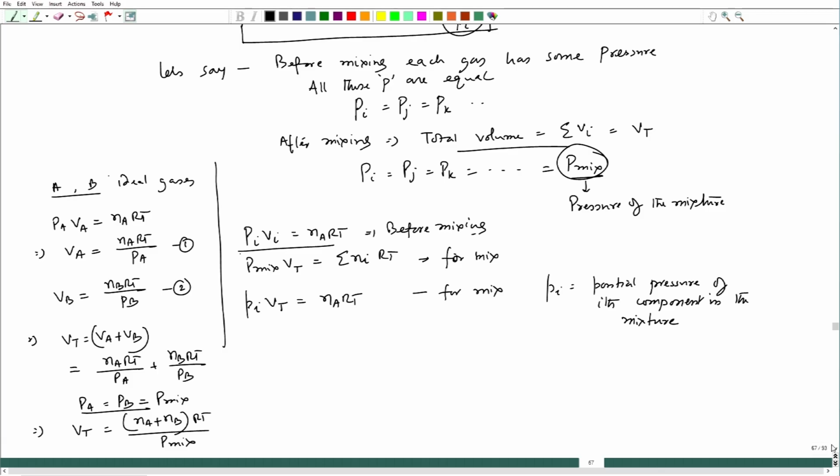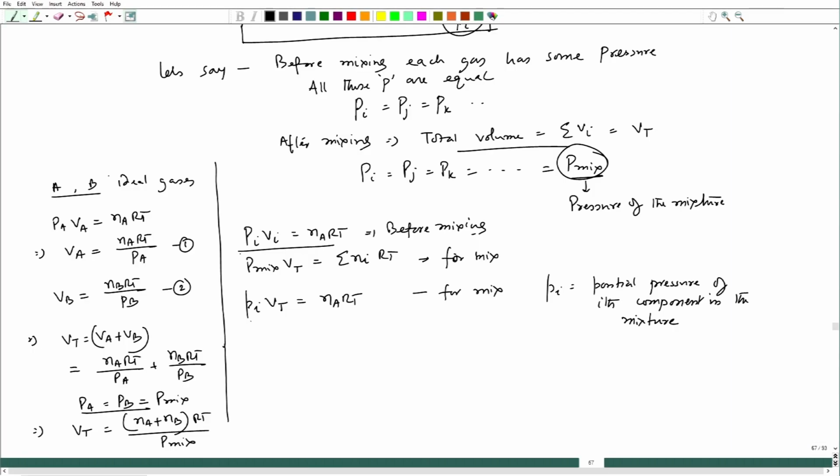And when another condition is individual gases, that pressure would be P_i equal to P_j equal to P_k, like that way, and that will be equal to P mix, which is the pressure after mixing. So, in that case the total volume should be constant. That means individual gas volumes are to be added up. So, from here, and also this is for mix, we have already seen that before, then I can write